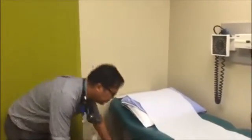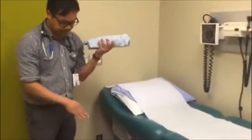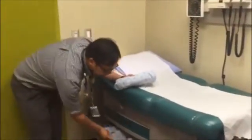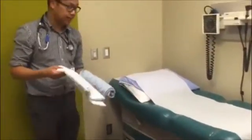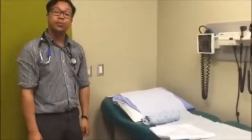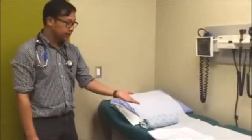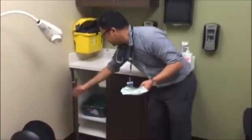Okay. So just before your patient's in the room, you can pull out a gown, which is in the second drawer, as well as a sheet in the bottom drawer, and you can set them up on the bed. And when they come in, you can have them sit at the table, and you can step out while they change. So after you're done with your pap smear, to dispose of your used speculum, under every sink,